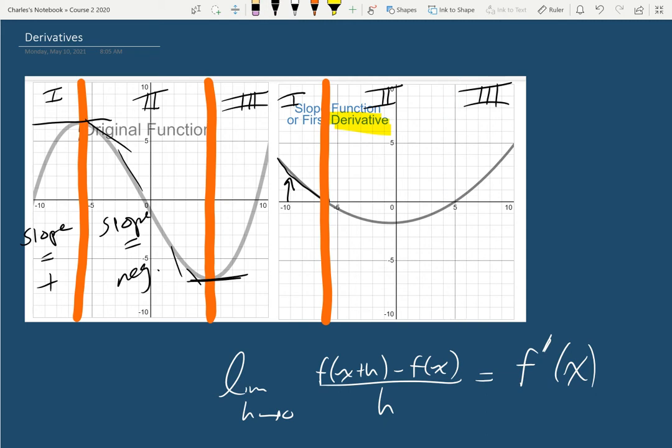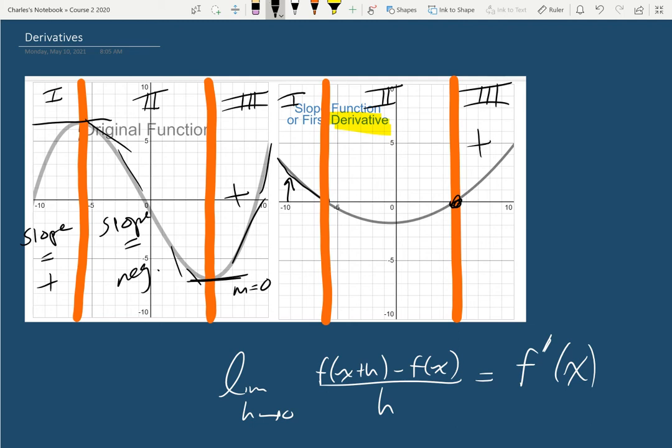What happens when that slope is 0? Well, the same thing. That's on the derivative where you see the function crossing the x-axis. So at this point right here, m is equal to 0, and on the derivative right here, you have a 0. What's happening in the third section, the slope is positive, the tangent lines are positive, and the slope